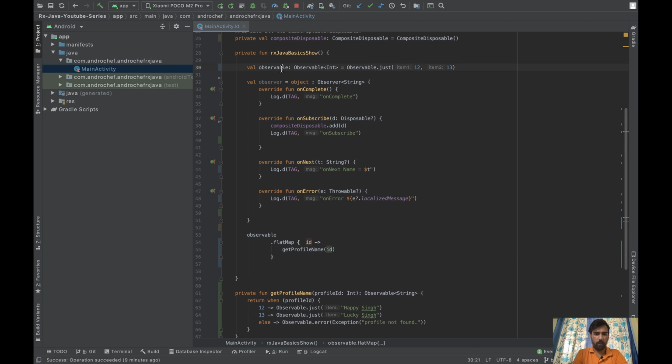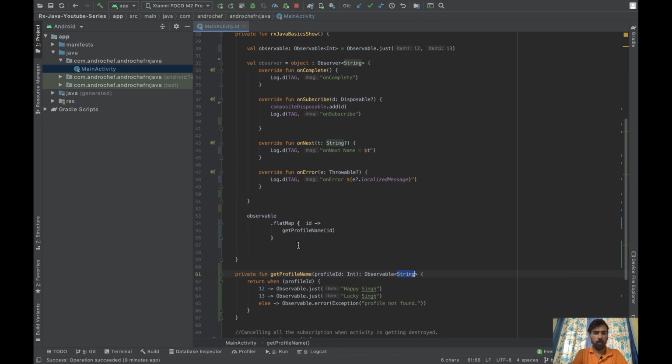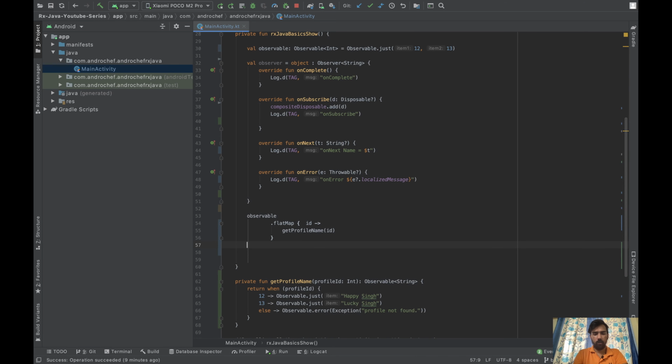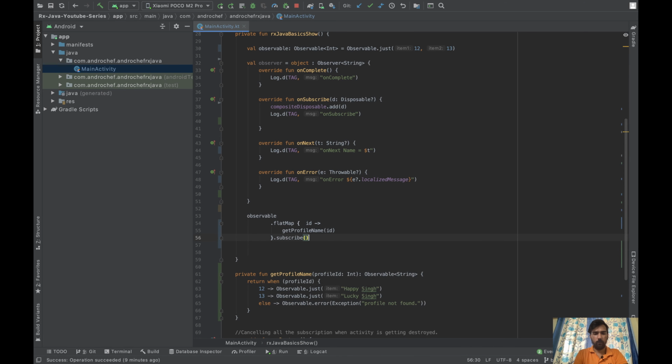So this observable will be emitting 12 and 13, and after emitting, this flat map will convert these profile IDs into observable of string. That value it will be getting from this method. Now we will subscribe, and in that one we'll pass the observer. Now we'll run and check.